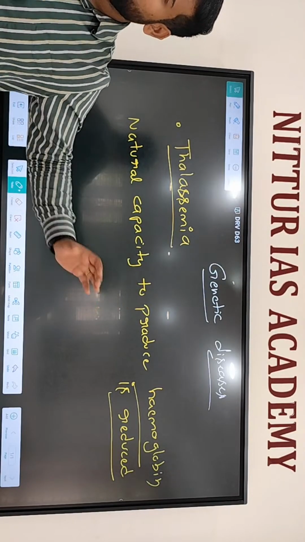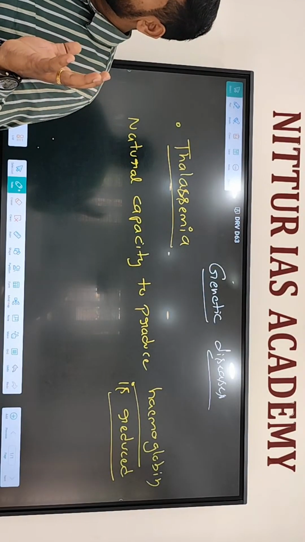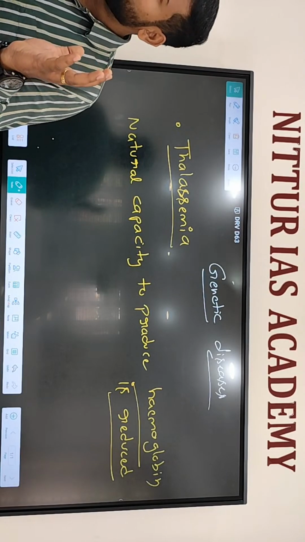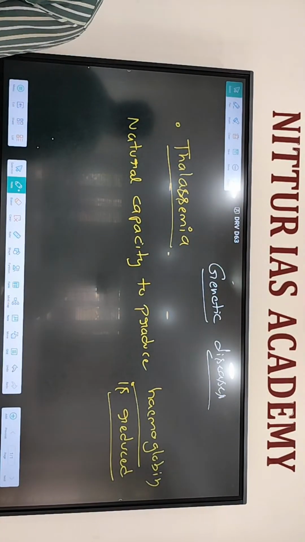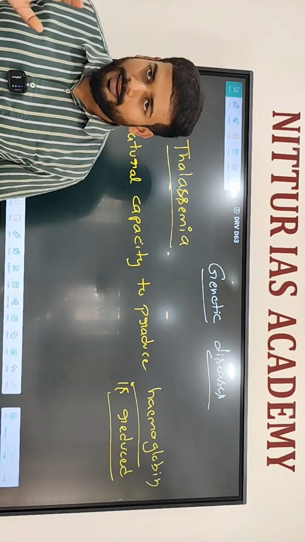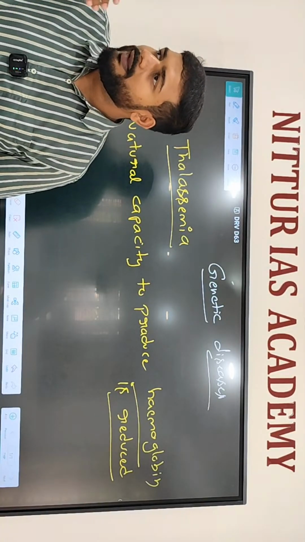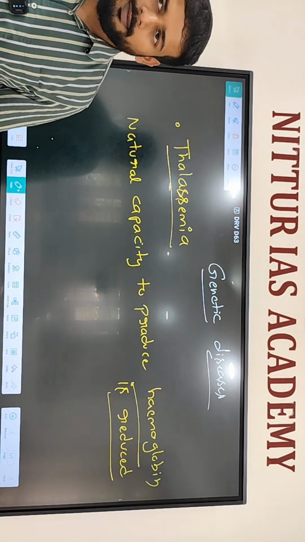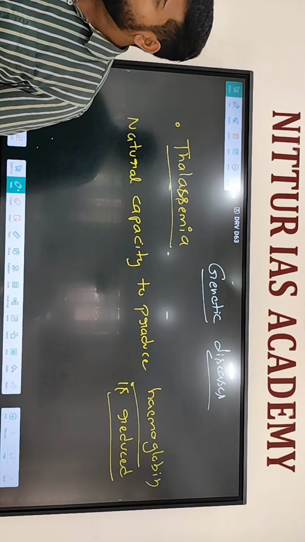Likewise, here also, this much amount of hemoglobin is required, but the body can only produce this much. Then there is a scarcity, a deficiency, right? What happens if there is a deficiency of hemoglobin? What is the function of hemoglobin? Oxygen carrier. It carries oxygen to each and every cell of our body. Hemoglobin is a coloring pigment that gives red color to our blood. It is present inside red blood cells.